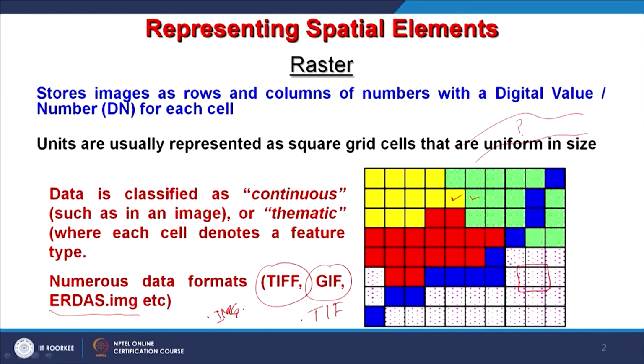But one important point I want to mention here is that transforming from one format to another is not always fully transparent. Transparent means that there might be introduction of some errors. So, one has to be very careful. Let me give you one example here. If I convert a file which is originally in TIFF to JPEG, that is JPG, or in short we call it JPEG. Now, this JPEG format is a compression format, and therefore it will change the quality or deteriorate the quality of a TIFF file